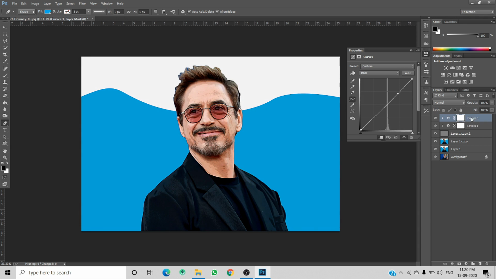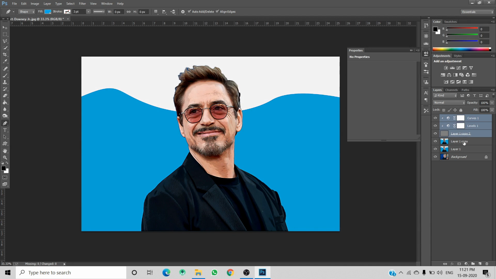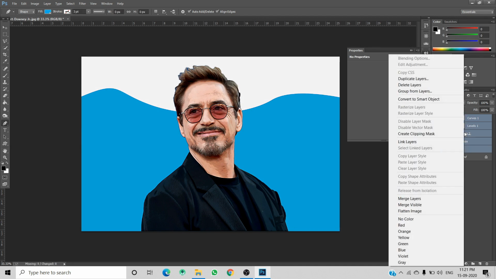After adding adjustment layers, select the layers, then right click on them and select convert to smart object.